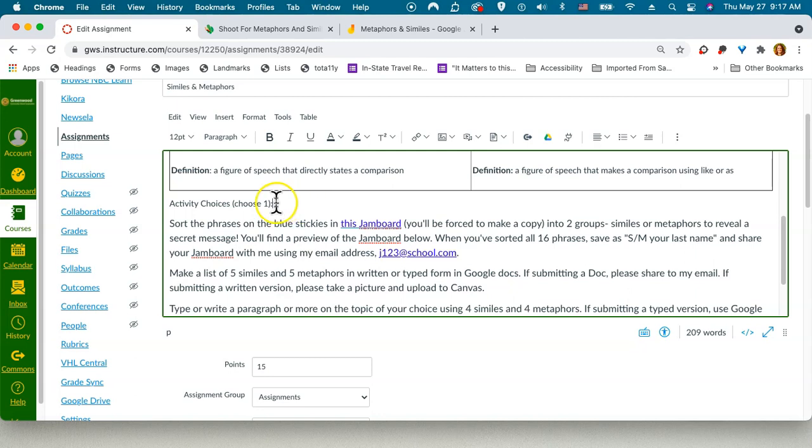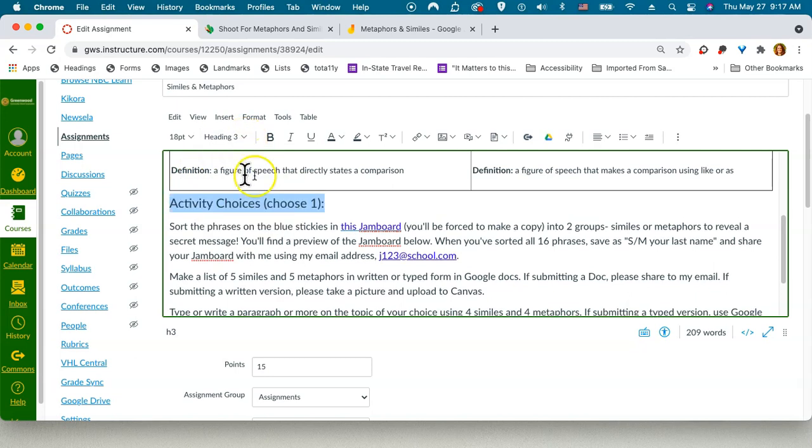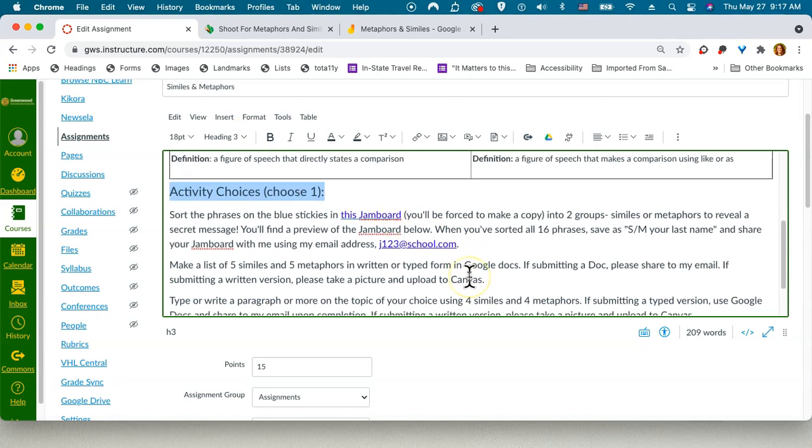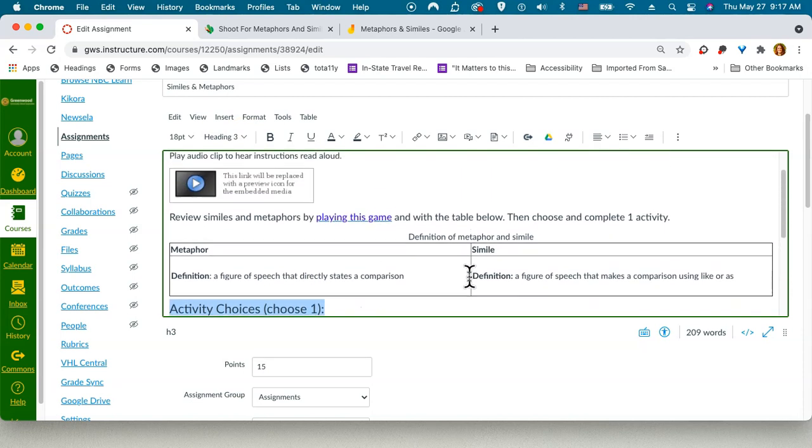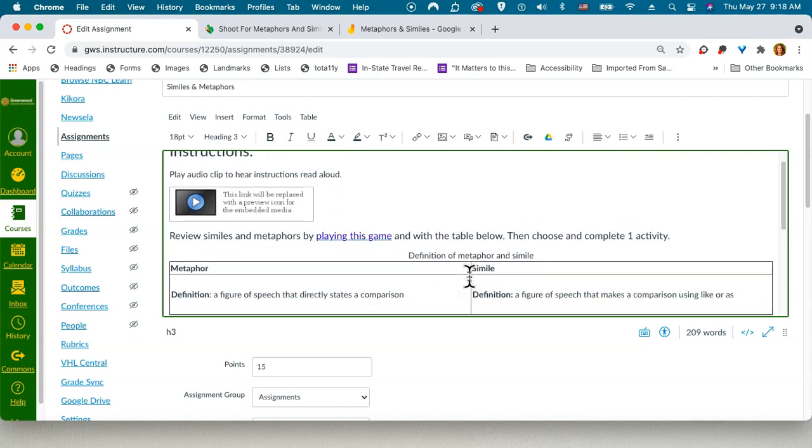So with it highlighted, I am now going back to that paragraph button and I want to choose heading level 3. The reason I choose heading 3 is because activity choices are part of the overall instructions.